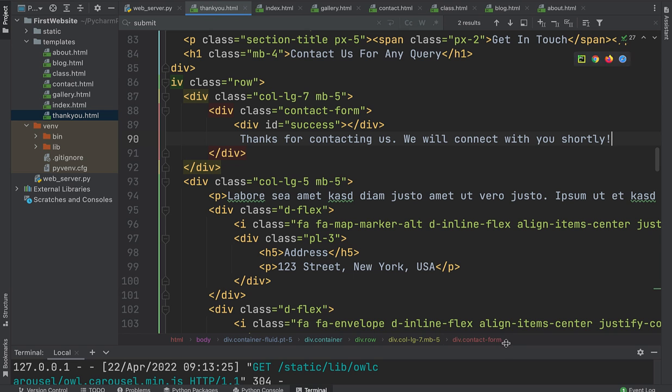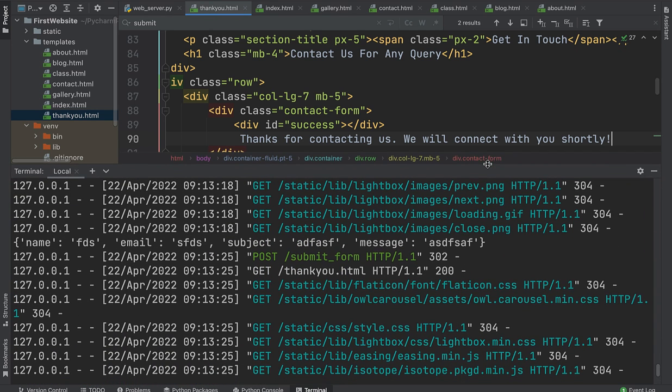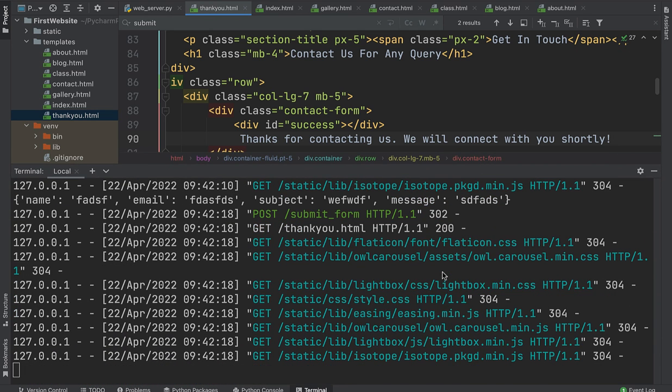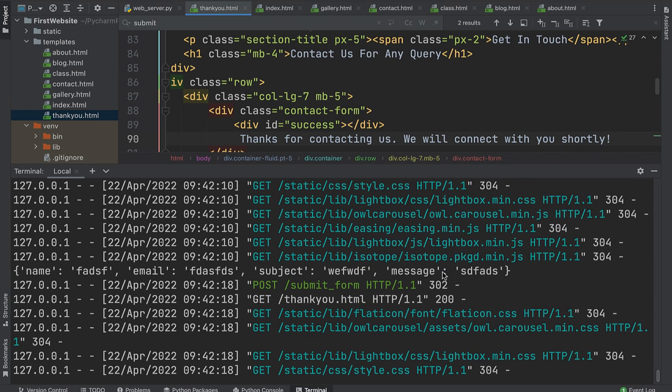Okay, so now let's look at here. You can see the information that we entered is coming here. But one thing is we are not saving this information anywhere. So as you learned a lot, like how to make the website using PyCharm, and I think now you have a good understanding of the